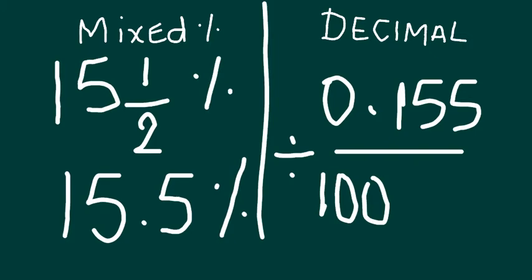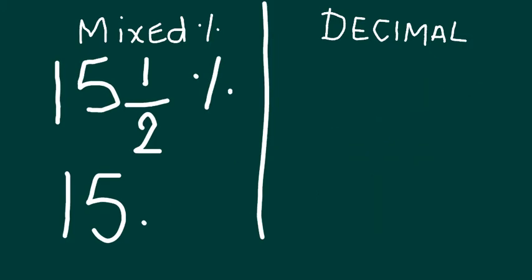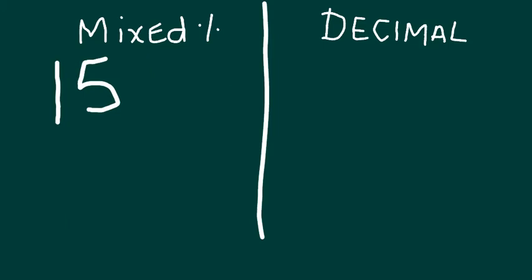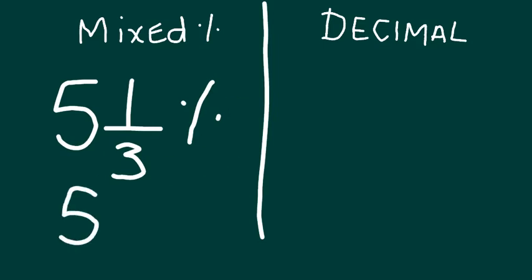Okay? Let's do another example quickly. How about, let's take something a little more challenging. 5 1/3%. There you go. So 5 1/3%, I want to change it again to a decimal. So it's going to be 5 point something, right? What's 1/3? Okay, so you're going to go to your calculator and you're going to divide 1 by 3, and the answer is